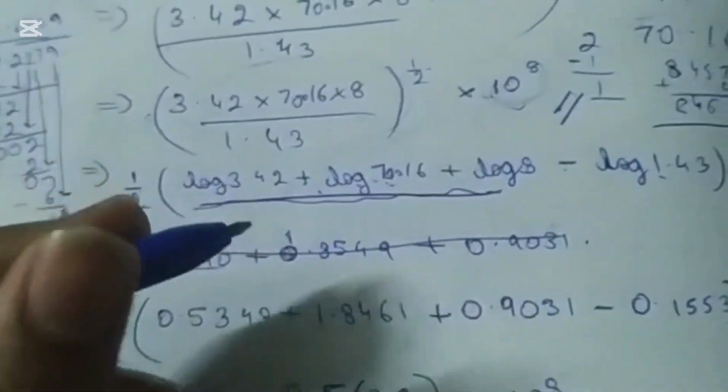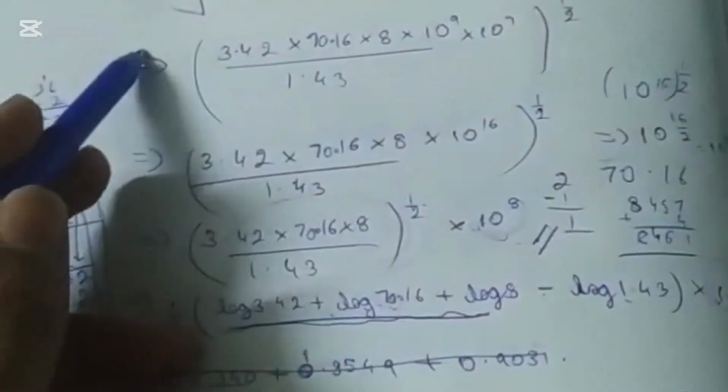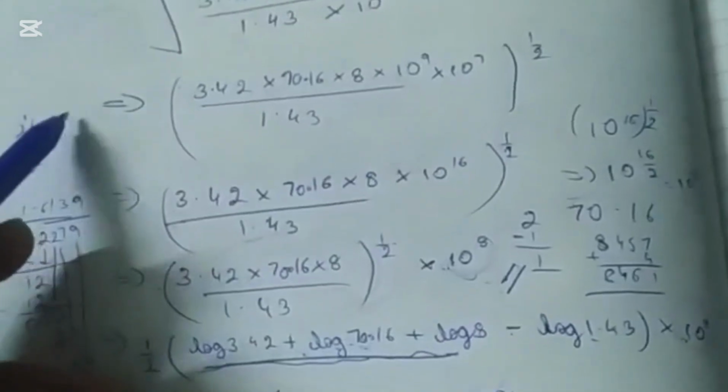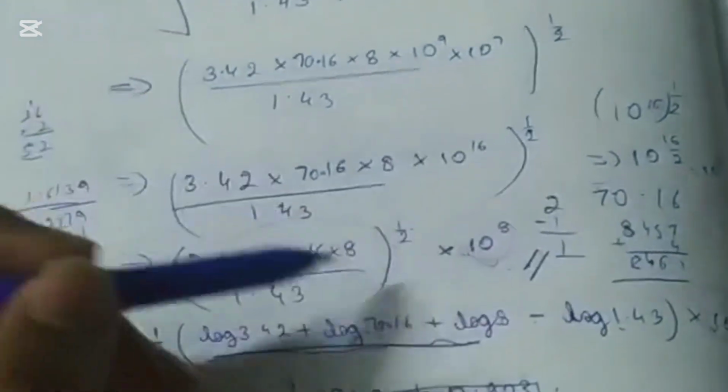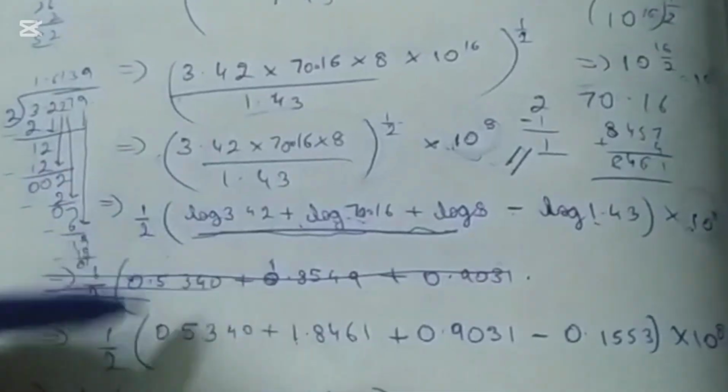Okay, and you don't need to do that, because once you do the log of 10 raised to 8 and once you get a specific value, and once you write the antilog of that specific value, you'll again get 10 raised to 8. So you don't need to do that because it's already solved. Once you do the log of some specific value and then do the antilog of the log value, you will get the same value back. That's the thing, but make sure it's solved. That's the thing you should know. Okay, next,